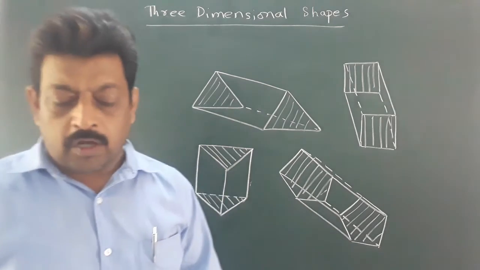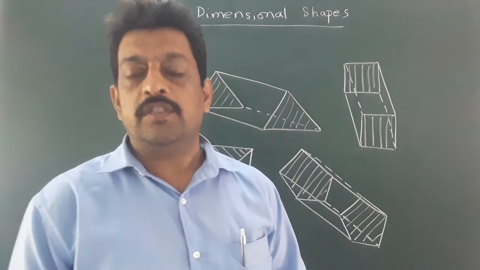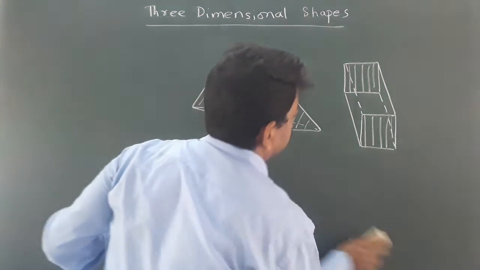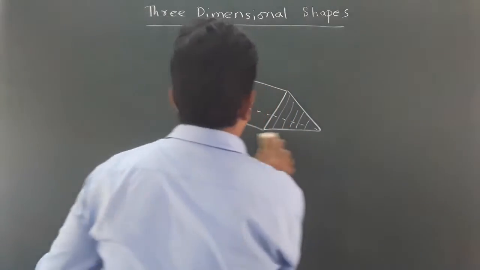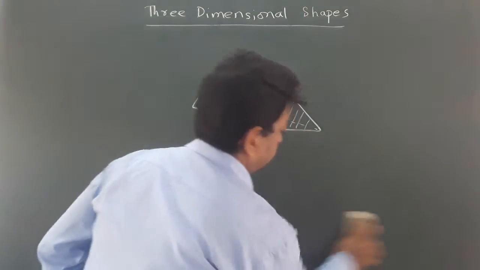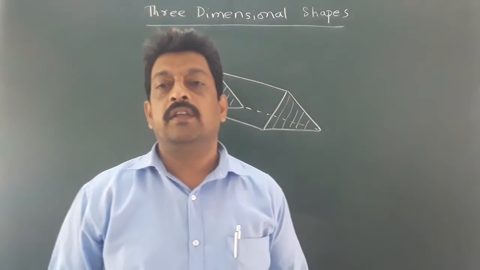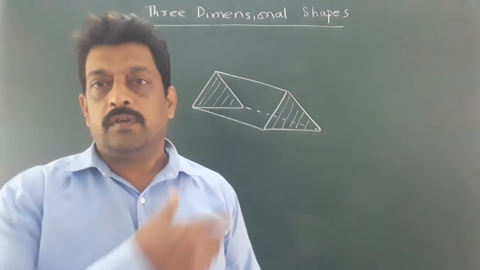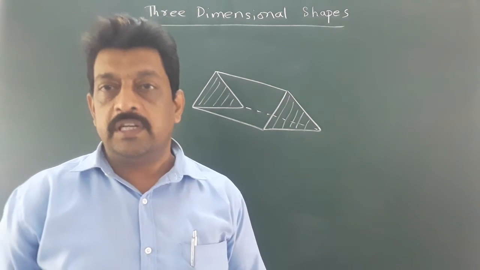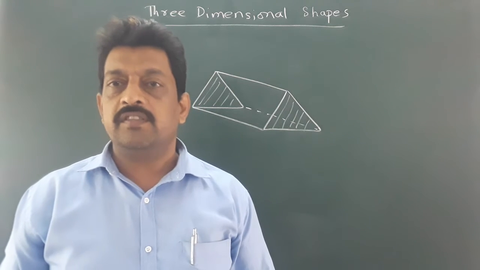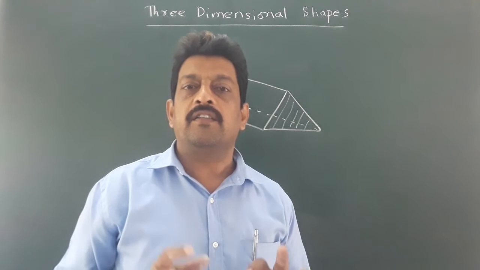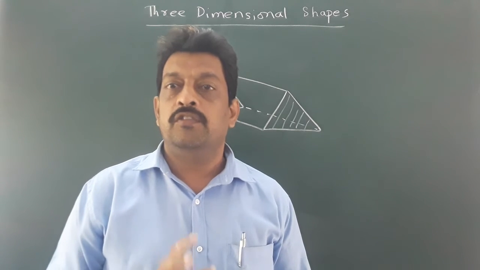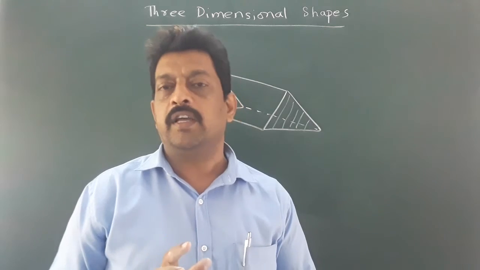Okay. Now the properties of all these prisms. So let me start with the triangular prism. As we have learned in the earlier session, all these plane solid figures, three-dimensional figures, their number of faces, vertices and edges are related with a relation which is known as Euler's formula, and we need to verify the relation.